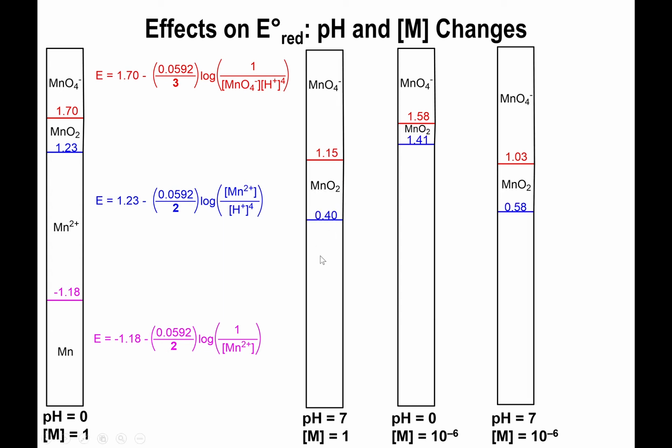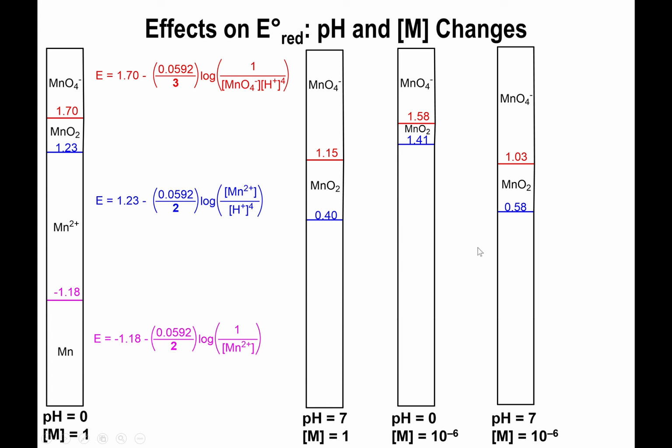Alright, now looking at the second reaction, same idea. At pH 7, you have a 10 to the negative 7 molarity for H plus. You have a concentration of 1 molar for the other species, so this gets lowered from 1.23 to 0.40, so it's quite a change, really. And for manganese 4 oxide, on the second step, where the pH is kept at 0, but the concentration of manganese 2 plus is changed to 10 to the negative 6, you actually raise the potential from the original value. And the reason why is because the manganese 2 plus is a product, so decreasing its concentration ultimately raises the potential